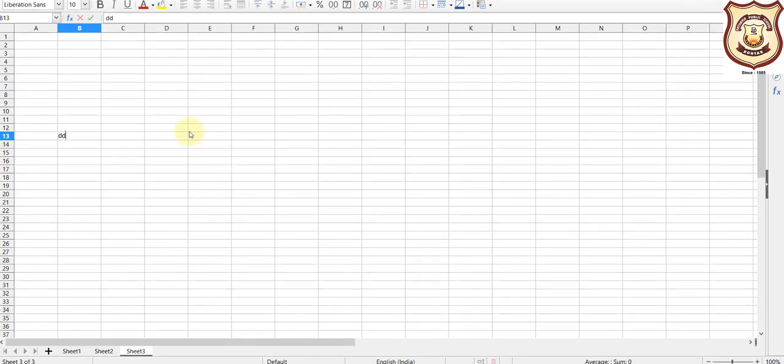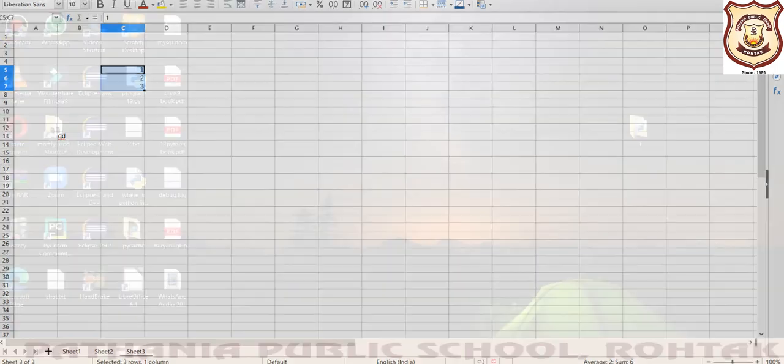Let me define the range of particular numbers. See, if I am writing data here, so this is the range. The data is from C5 to C7, so this will become the range. You can see the selected cells, they are showing the range, like this is the range C5 to this column, up to this. So C5 to C7. In this way we can write the range. Fine.